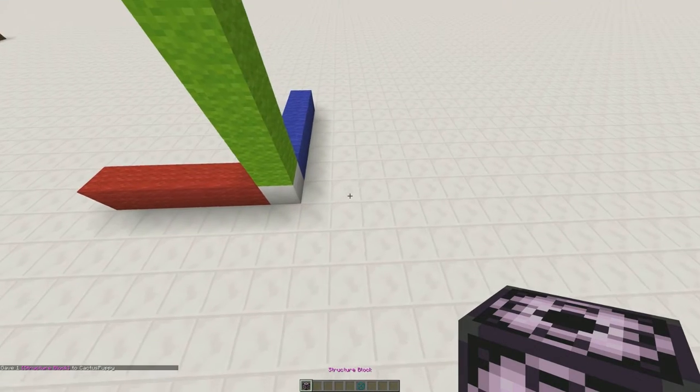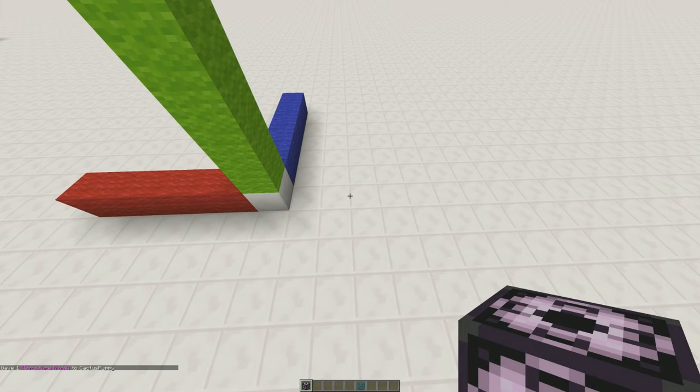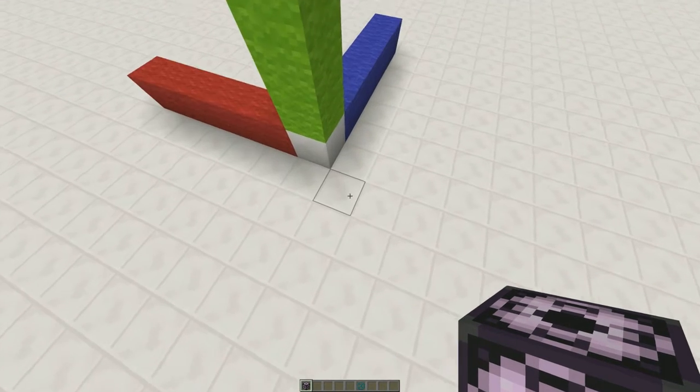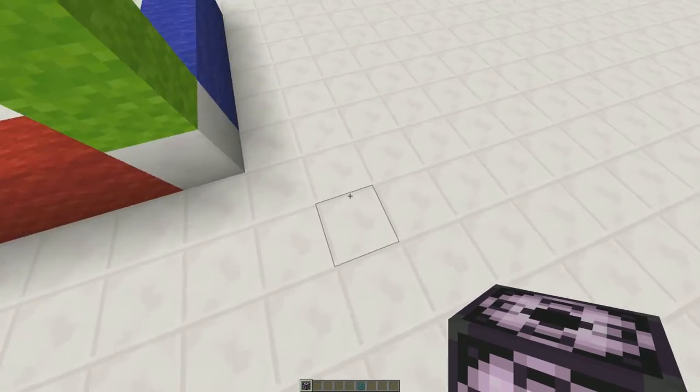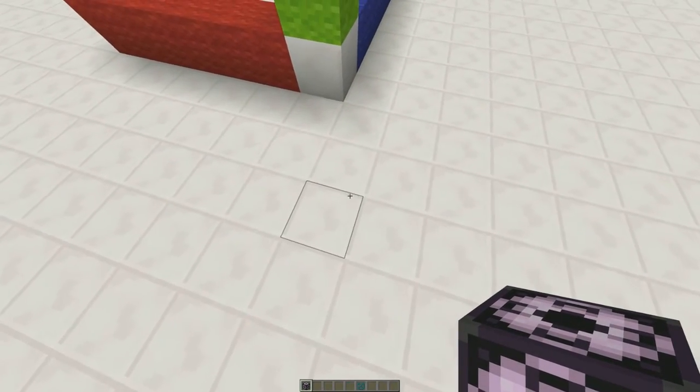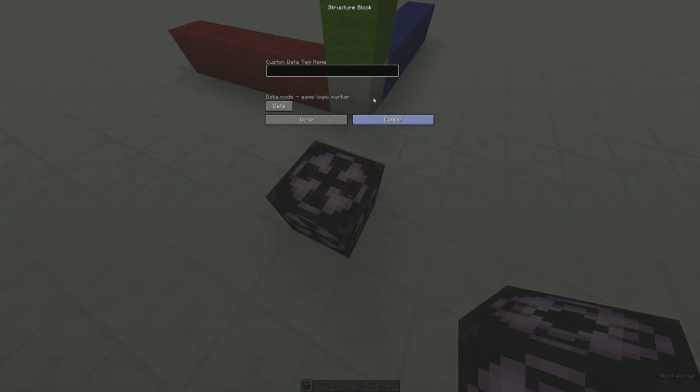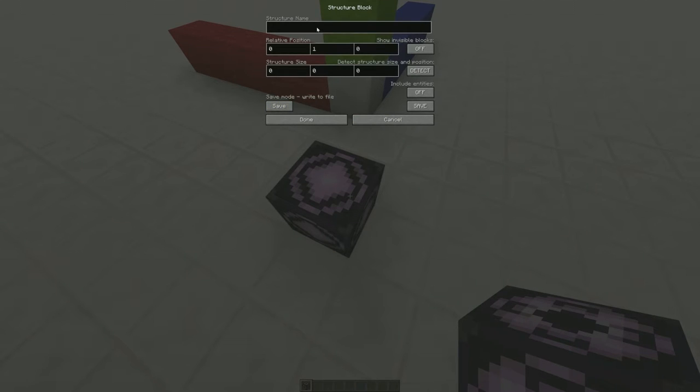So what a structure block is, as the name implies, is a block that is supposed to save and load structures. You can do that in a couple of ways. Number one, you can do manual saving, or what I like to call manual saving. Let's call this struct1. Okay, so first things first, after you decide on a name for your soon-to-be structure, the next thing you'll notice